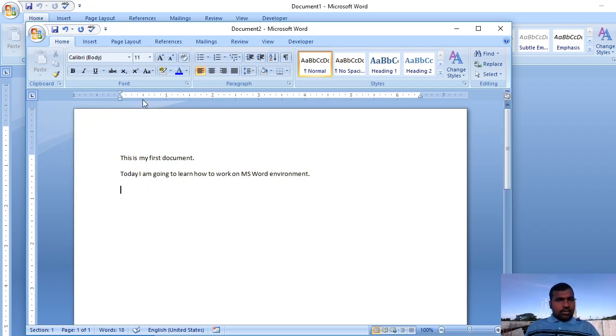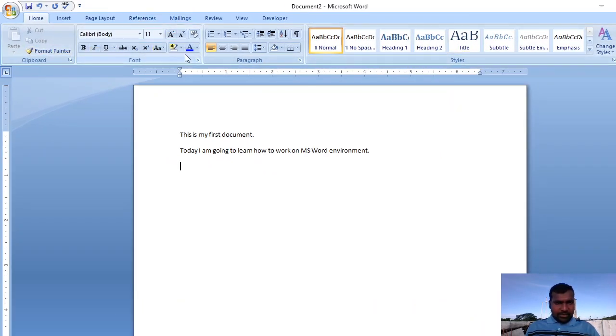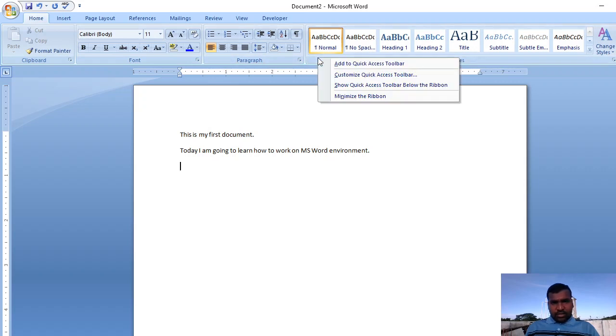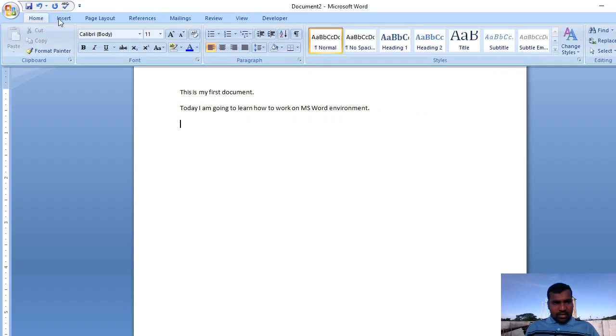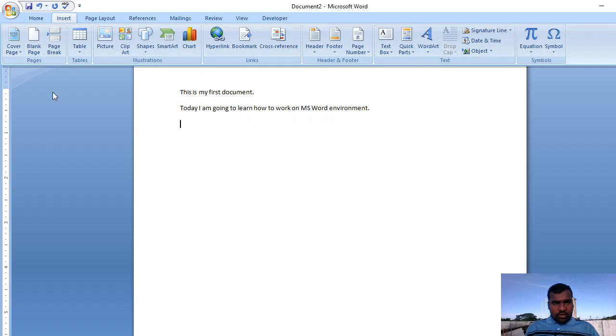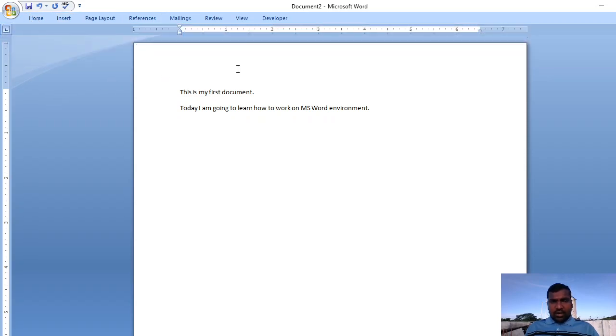And next, if you want to minimize or maximize the ribbon, right click anywhere on the menu bar. Here minimize ribbon is there, so that you cannot view the commands available under any of these menus. All are in hidden mode.